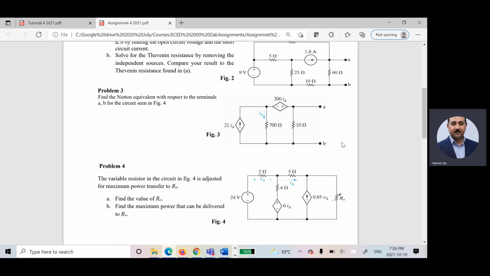So how to find I Norton? I'll put a short circuit, right? And then I will calculate I short circuit, right? Any objection? Yes? Yes, I have dependent sources. So I Norton, since I have dependent sources, I Norton should be equal to 0, and there is no need to calculate it. Since I have dependent sources, I don't have at least one independent. At that time, I can say I Norton is equal to 0, and V Thevenin is equal to 0, and R Norton is equal to